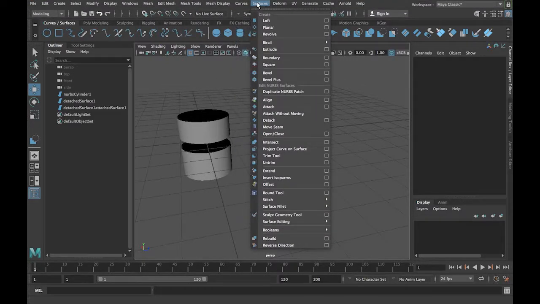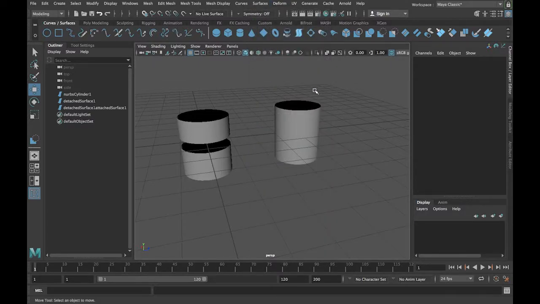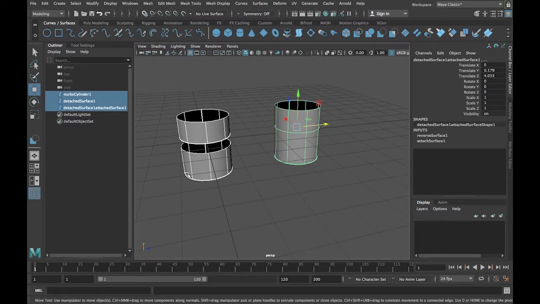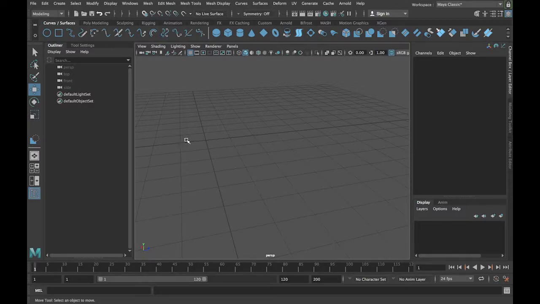What else do I want to tell you about working with curves and surfaces? The last thing that I want to talk about is creating a polygon mesh from a NURB surface. NURB surfaces will render in Maya, but because there are more complicated equations that are involved in computing the